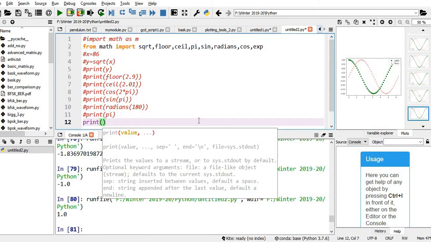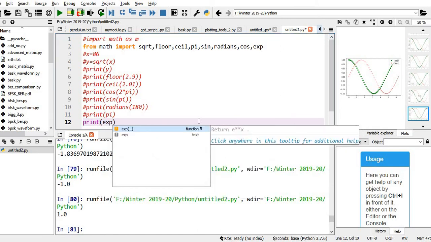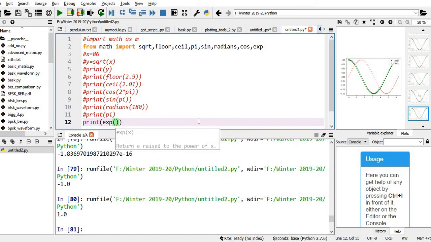Print exp of some value, say 2. So roughly 2.71 power 2. In my calculator, it is 7.344. Let us try this.